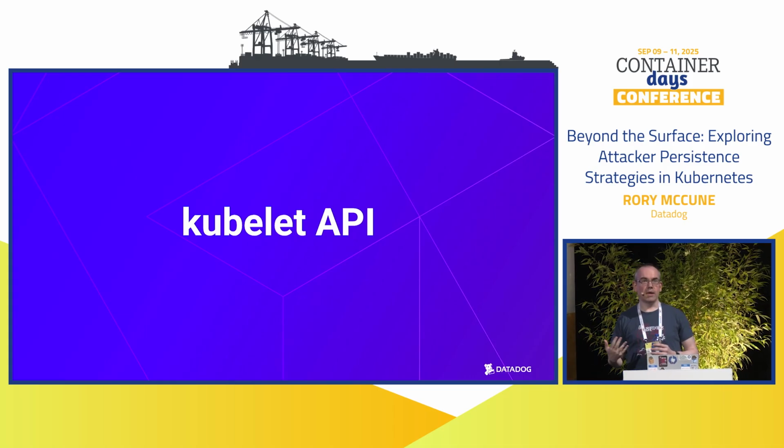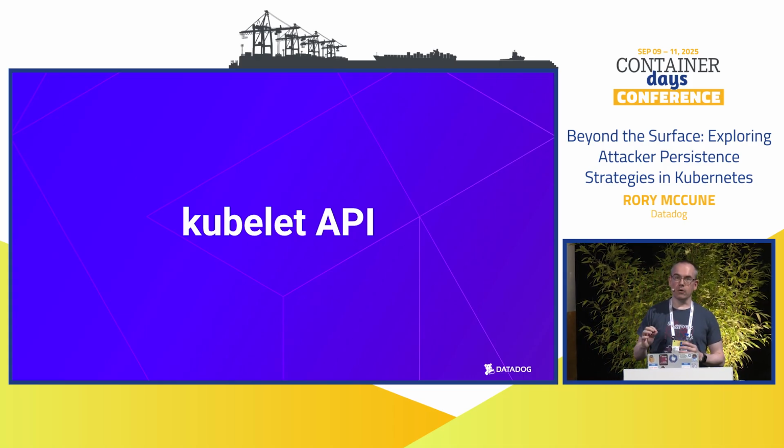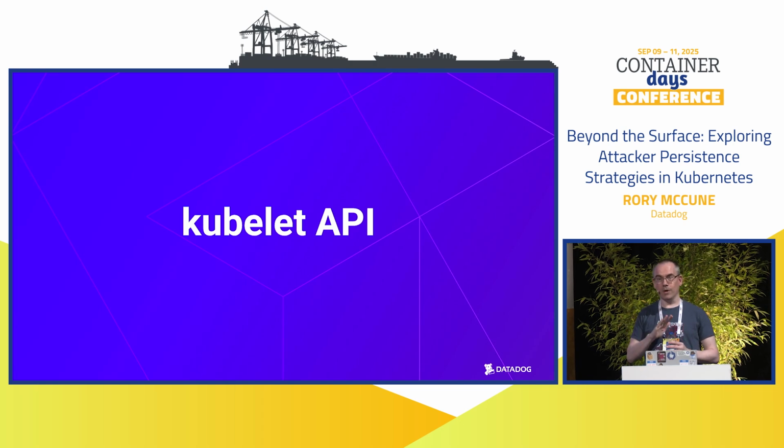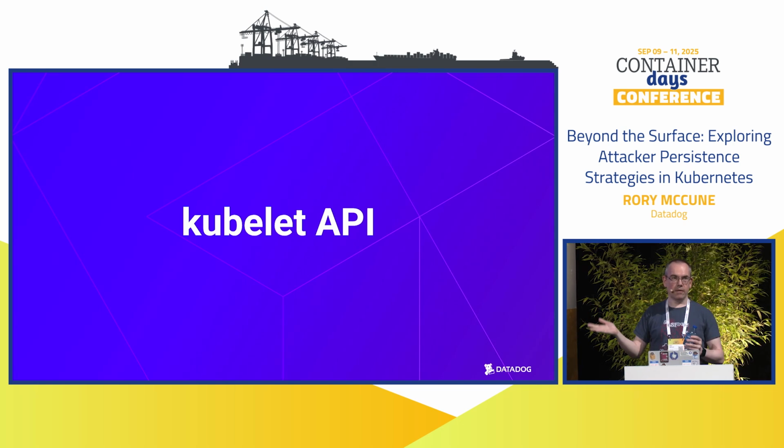Anything you do to the Kubelet API does not show up in audit logging. There is no audit logging. You can't turn it on. It's not a feature that's available. So if anyone talks to the Kubelet API, what they do will not be visible. Okay, let's see if we can get some credentials to do that, because that sounds like the kind of thing we really like as attackers.